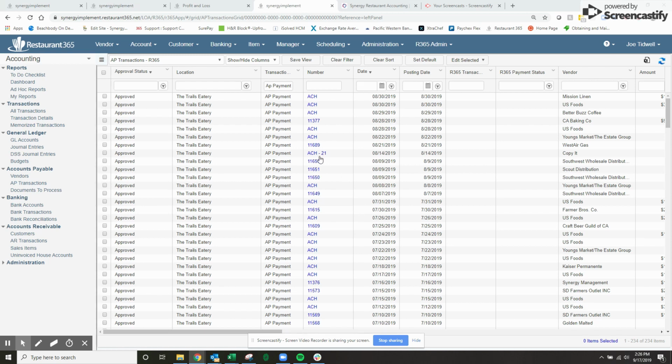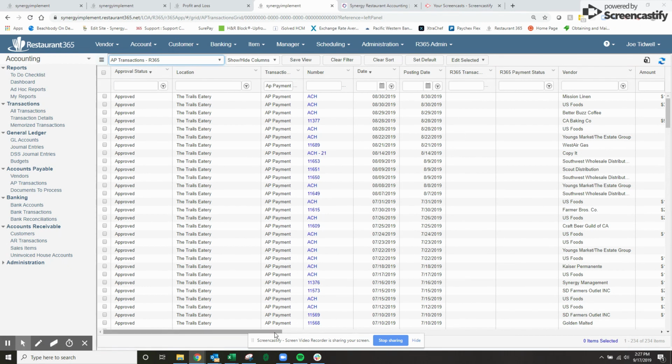Today we're going to be looking at how to create views within the grid window of Restaurant 365. Views are little drop downs that you can select right here at the top to select different options. The one we're creating today is the option to create a view that is reviewing my AP payments that haven't cleared a bank reconciliation. So you can see right now I've filtered everything to be by the AP payment, and